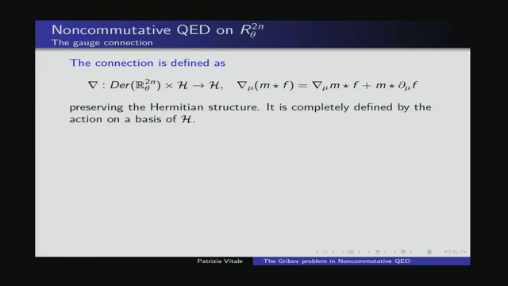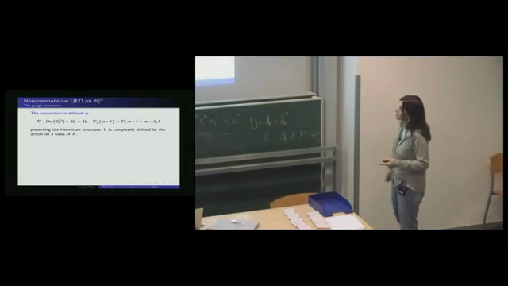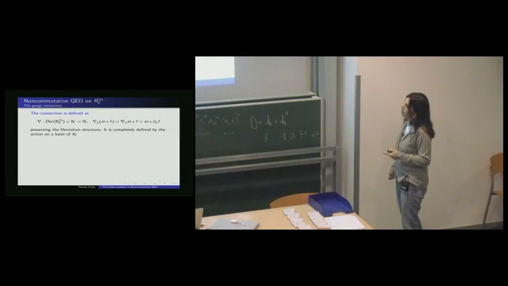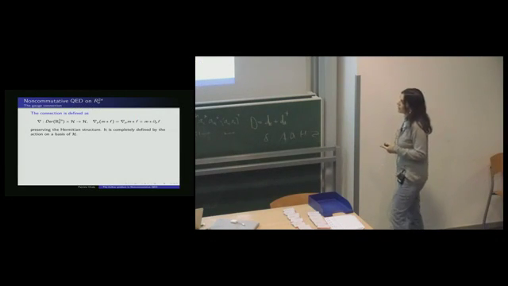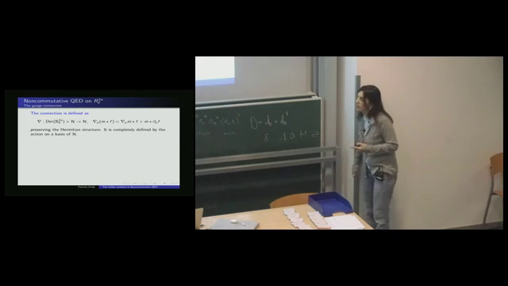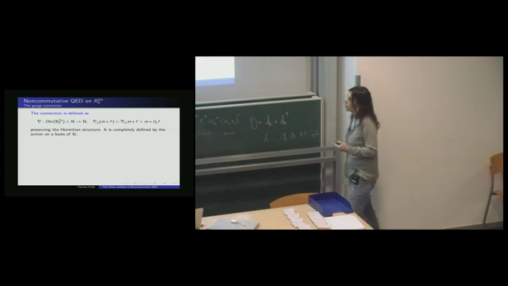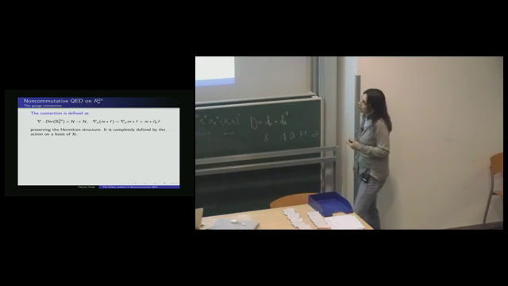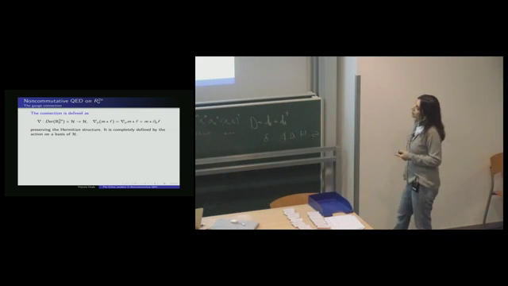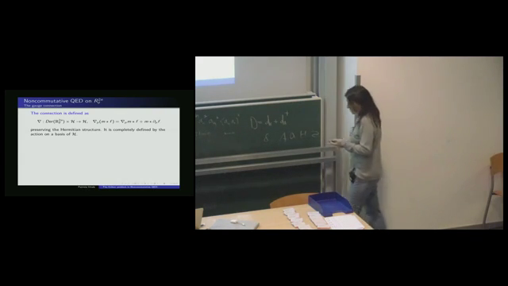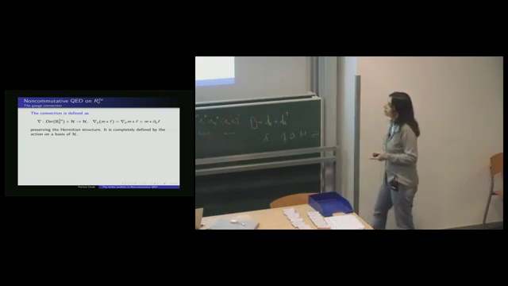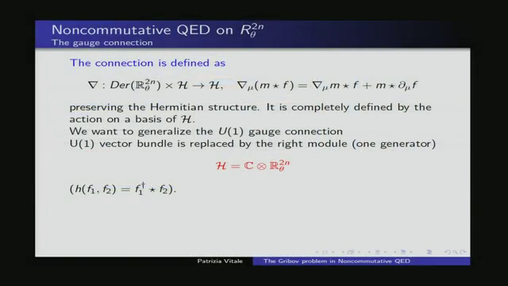This is the connection. It is defined in terms of this covariant derivative here. M is, as I said, in the module H. F are functions. The connection has to preserve the Hermitian structure, and it is completely defined by its action on